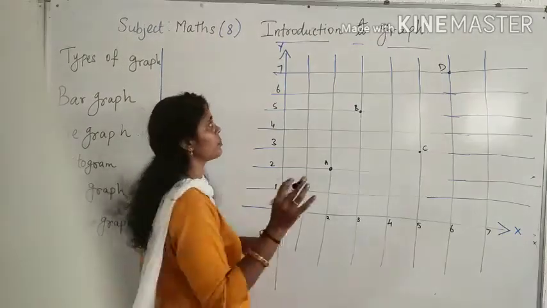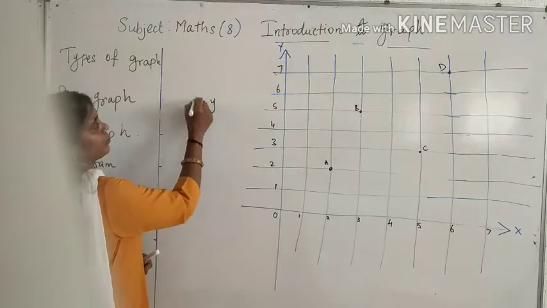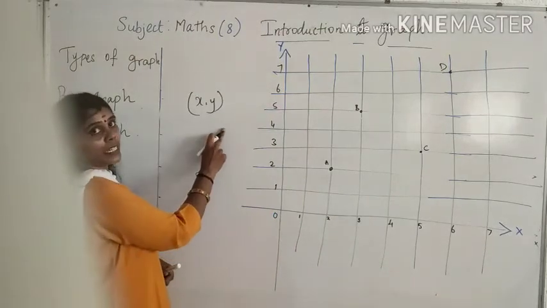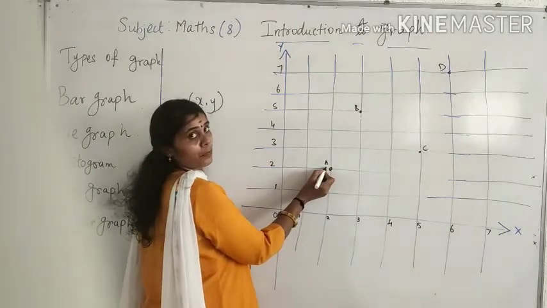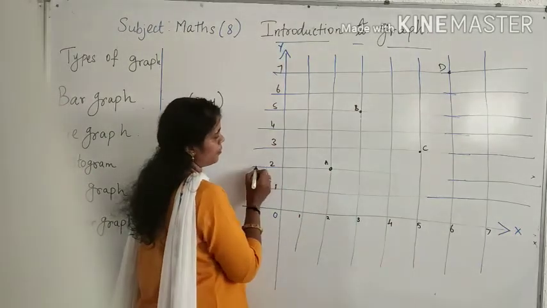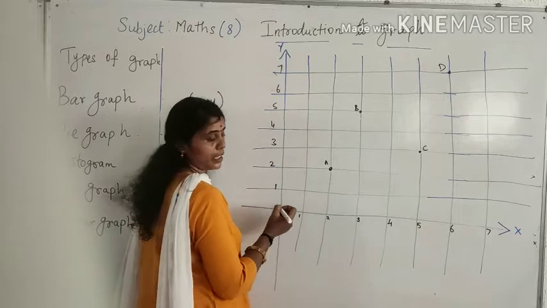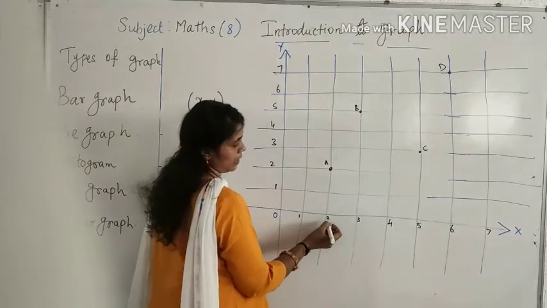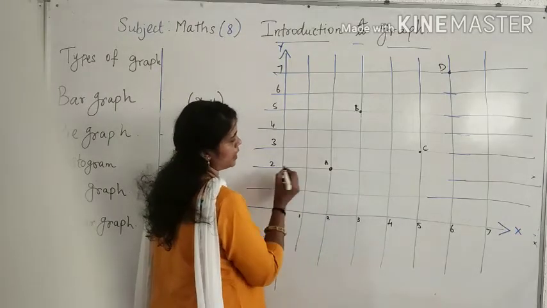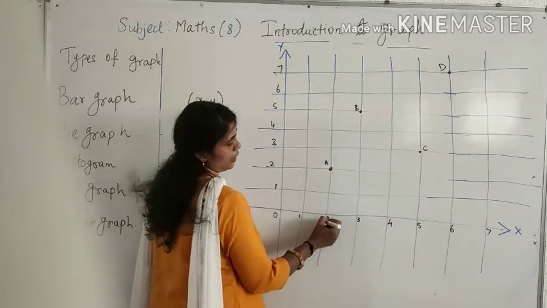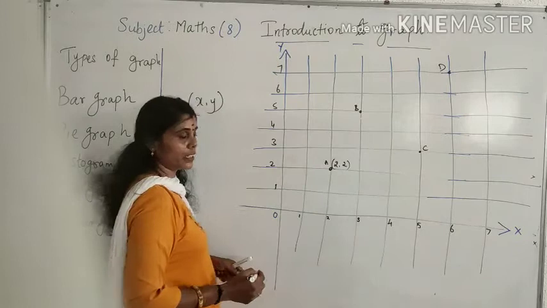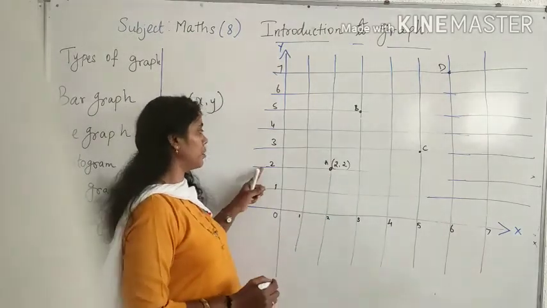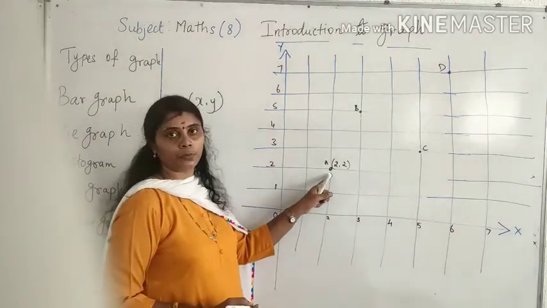Always the coordinate comes as X comma Y. The coordinate is always mentioned as X comma Y. So, what is the value of A? For the A coordinate, from 2 you have to take the X first. From 2 it is coming as the X coordinate and the Y coordinate. Both are 2 comma 2. Right? X coordinate is also 2 and the Y coordinate is also 2.